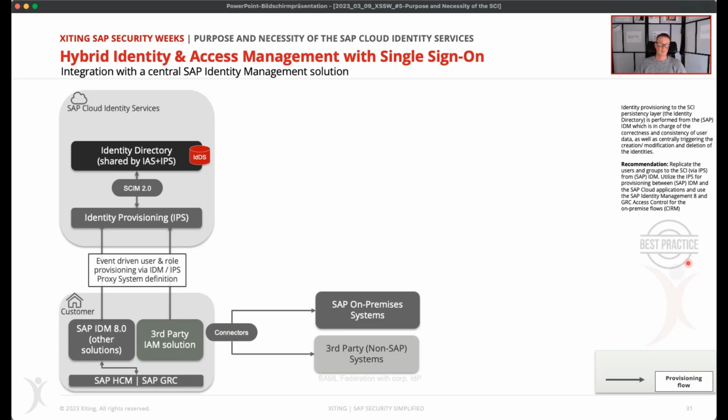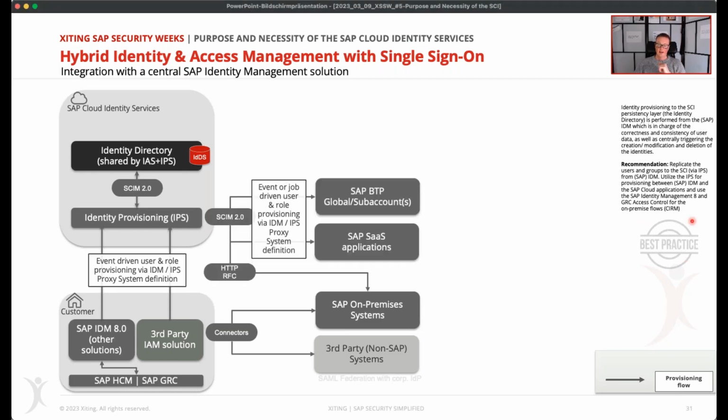So identity provisioning is used as a proxy between your IDM and the cloud applications on the other side. That means there is no need to create custom connectors anymore. For example, SAP Identity Management 8 uses the SCIM 2.0 connector.